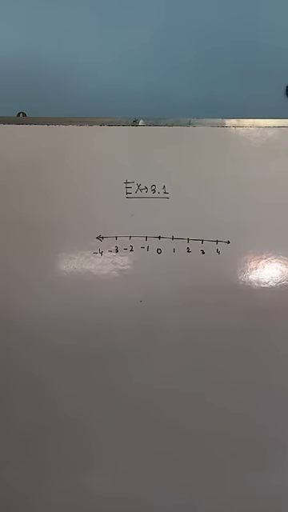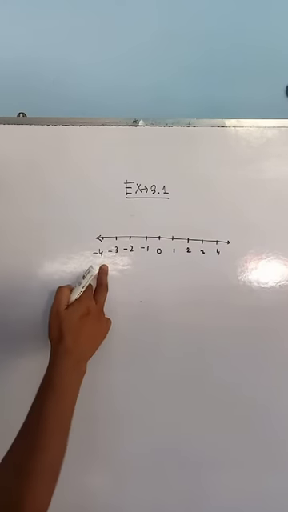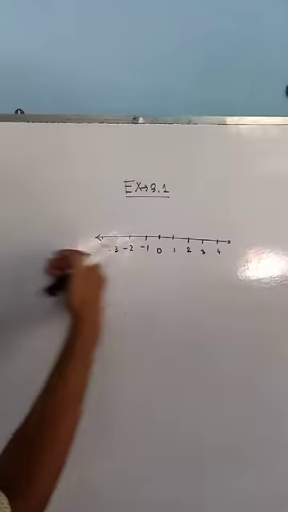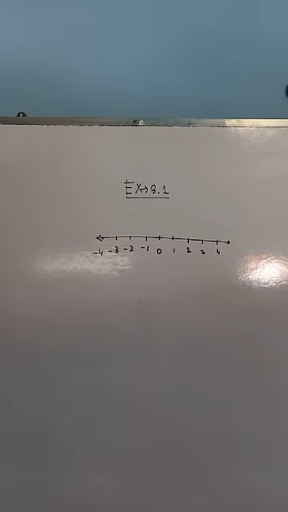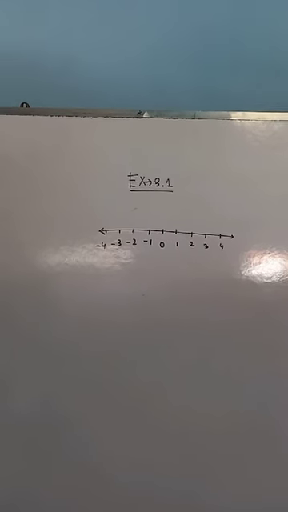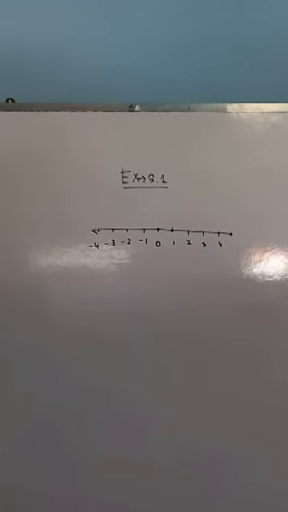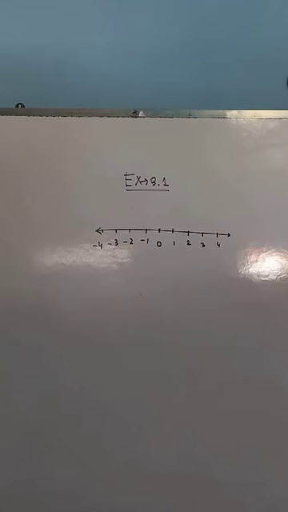Minus 10, minus 16. You see, sir, you have not given any number next to 10. Okay, minus 10 I have not given. But you think minus 4, minus 5. In this way, if you go on, 16 will be more on this side. So the minus 10 will be to the right of the minus 16. If the question asks which will be on the left side, the minus 16 will be on the left side of that. So in this way you can solve all the problems, just use your little tricks and your brain. A little IQ will be required to do this part, otherwise nothing will be important.